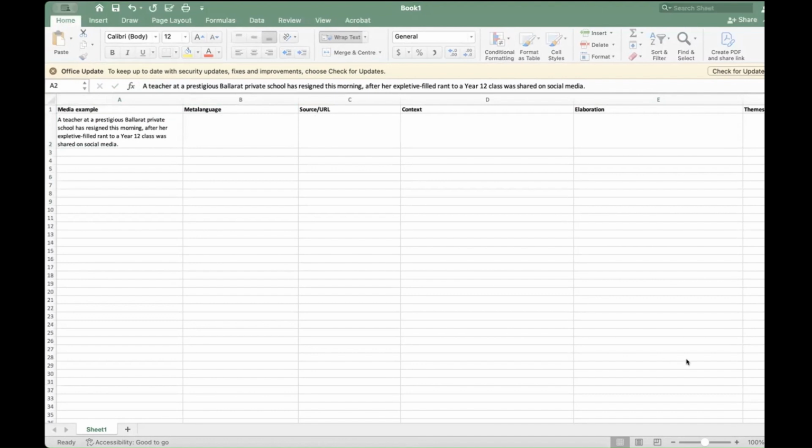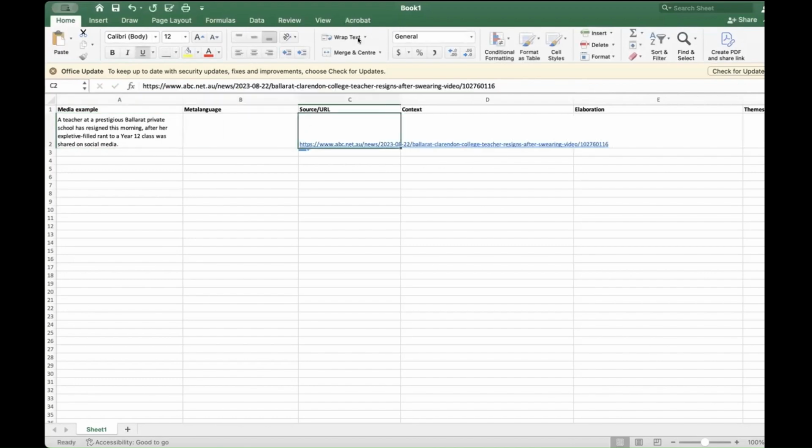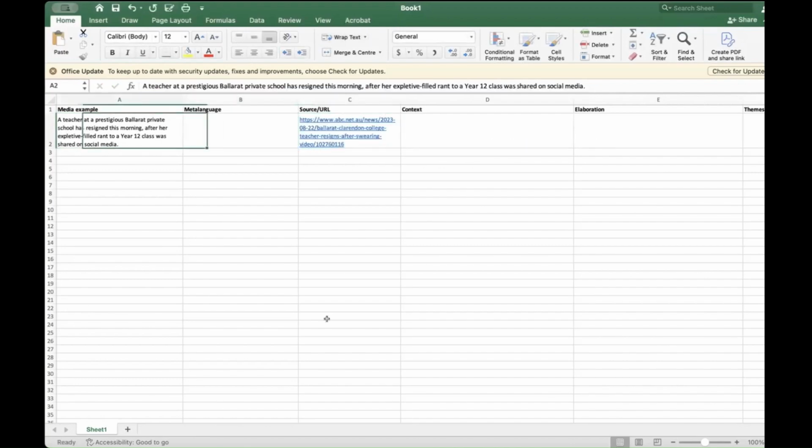And by the way, I'll send everyone this document so you can do it as I'm talking about. I've just sent the URL on the Zoom chat, so you can access that as well as I go through. So please use the URL. I'll just copy paste that. Just use wrap text and it just enlarges the width for you.